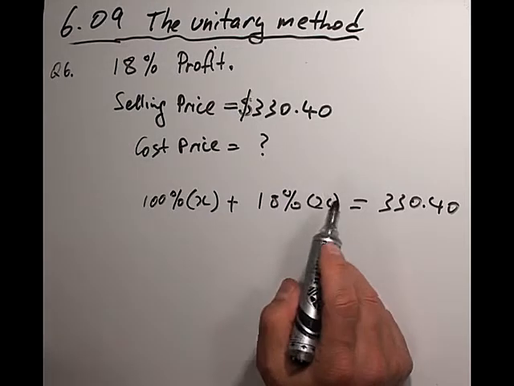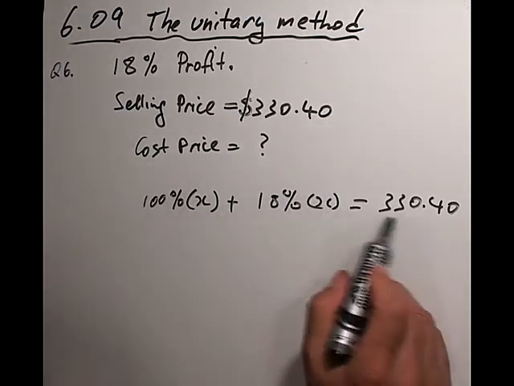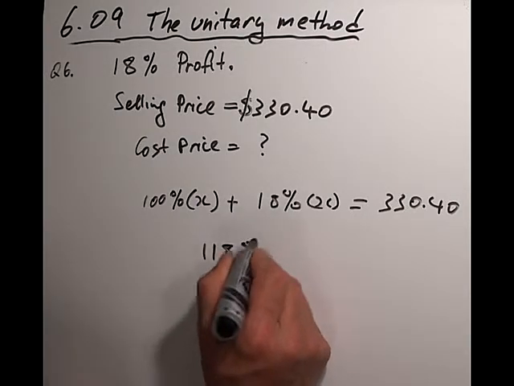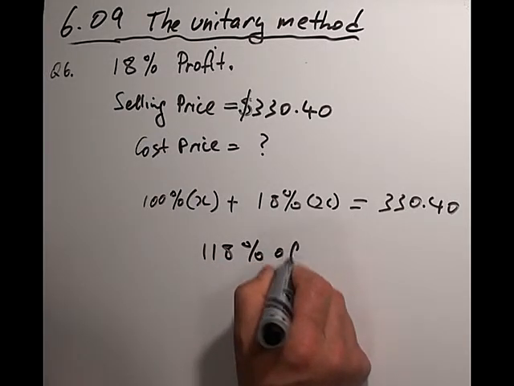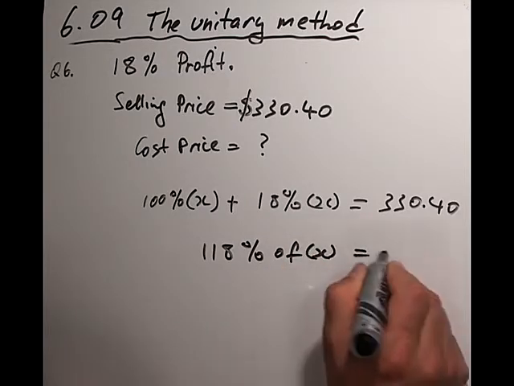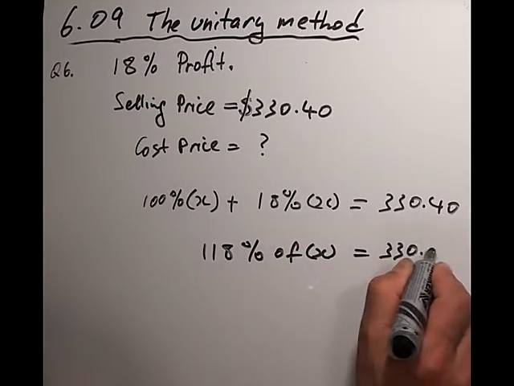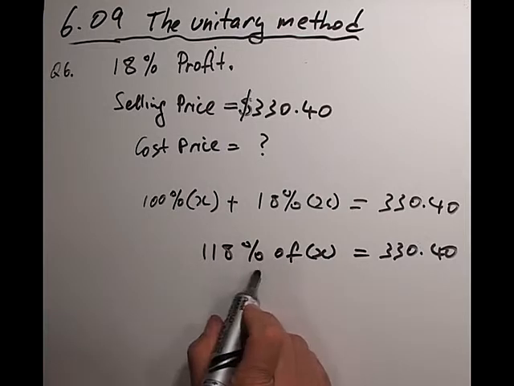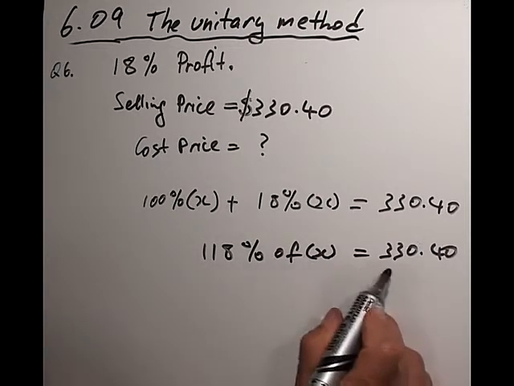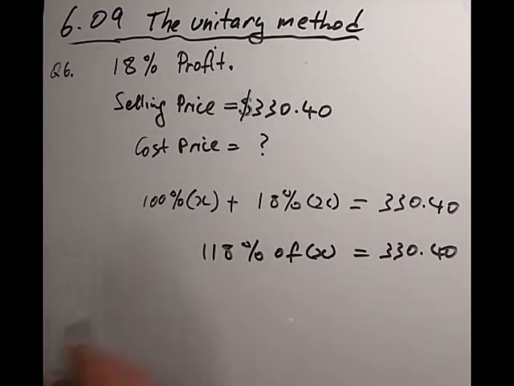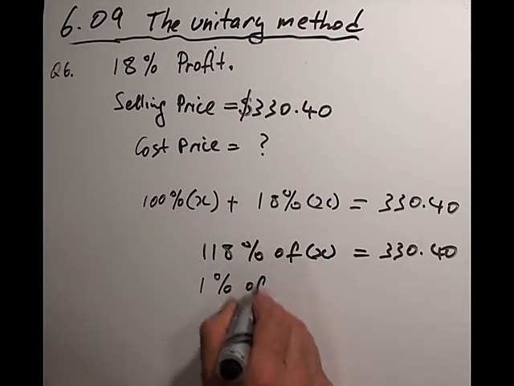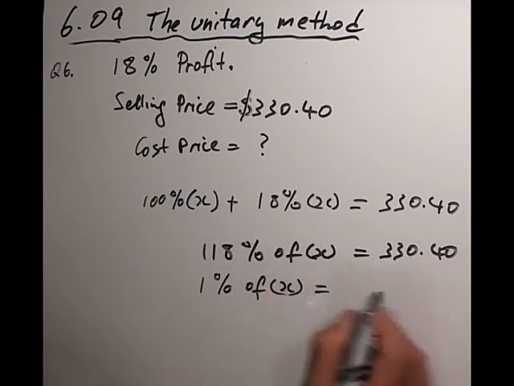So in other words, I can say that my selling price is in fact 118% of X. That equals $330.40. Okay, so I've got now 118% of X is $330.40. What is 1% of X? Well, that's